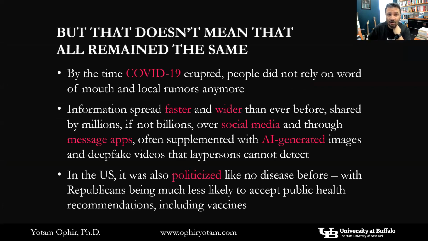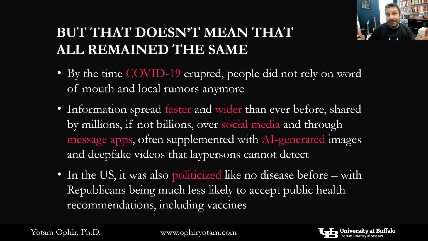But it is to say that before COVID, people spread misinformation about other diseases. And before they did it on the internet with AI and social media, they did it in other ways. I'll show you a couple in a second. But we do see that COVID-19 and our contemporary moment are characterized by a faster and wider and deeper information environment, one where a lie or a falsehood can spread to millions of people almost immediately, sometimes created by sophisticated machines that can kind of create a perfect lie that fits our needs, our psychology, our